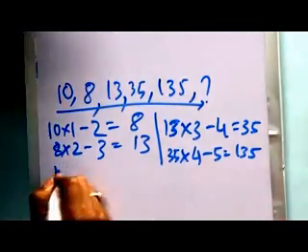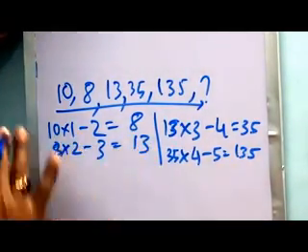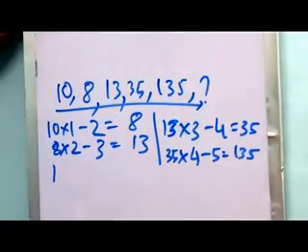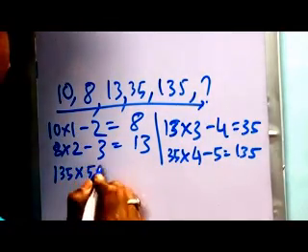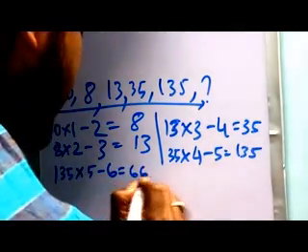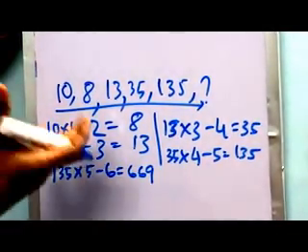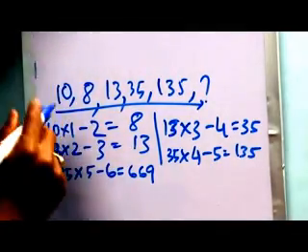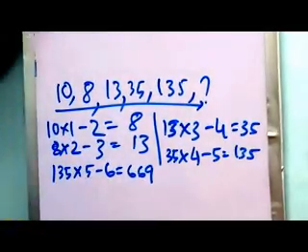Let's be patient. First I am going to properly show you the logic, and then I am going to explain it. Now 135 into 5 minus 6, what will be the number? It will be 669. So the logic hidden in this number series pattern is that we multiply the top left number with 1 and then subtract 2 from it, and we get the next number.